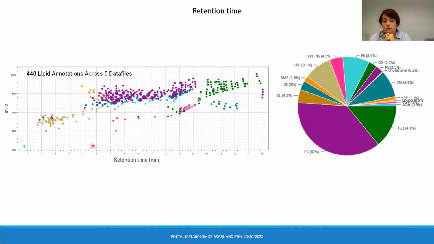annotation and also in-source fragments, because if in the region here, the purple, we have phosphocholine, suddenly I see lysophosphocholine, that means that most likely this lysophosphocholine was formed by in-source fragmentation, and here is the fatty acid that corresponds to the other part of the molecule. Or here I can see that although m/z increases quite significantly, my retention time is not changing. So probably this is some contaminant, some polymer that fragmented in source, and I should remove most likely those signals.